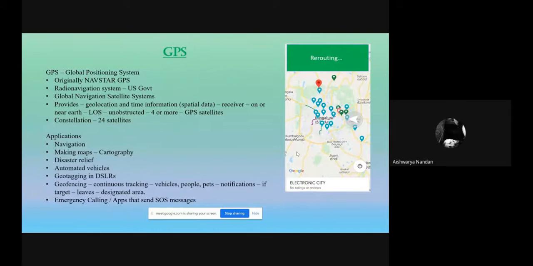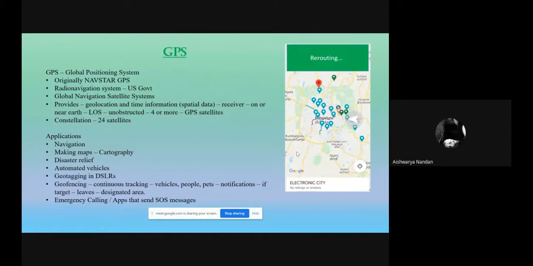Basically this is used in global navigation satellite systems, not just your Google Maps. It uses radio navigation. It was first, and still is, controlled by the US government. Initially it was only used for military purposes, but now it's open to the public. Some applications involve navigation and cartography, so you can make maps.